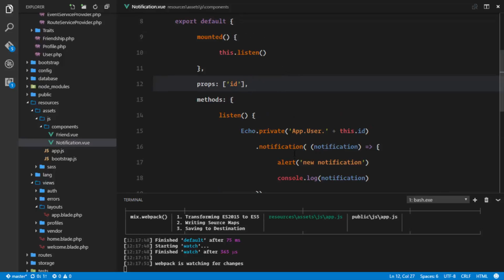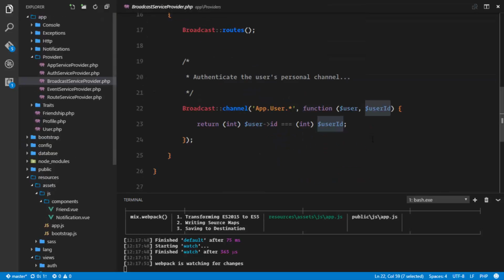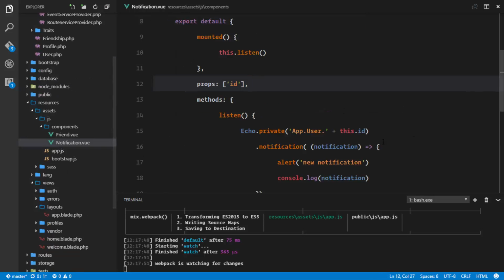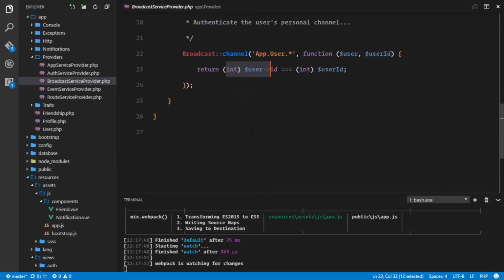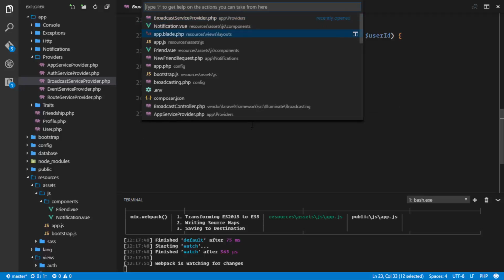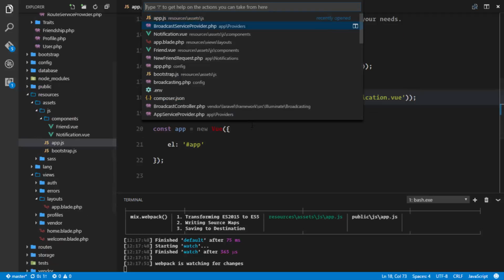And once it makes that AJAX request, it is received right here in our broadcasting service provider, and it cross-checks if the authenticated user is the ID of the user we are passing right here. So if that authenticated user at the server is the one trying to listen to this channel, then everything goes smoothly. So first of all, just to debug our pusher application, in our bootstrap.js,